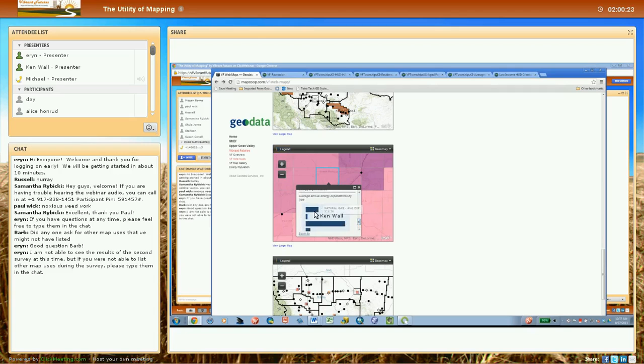Some of the maps at the bottom have a bar chart, some don't, depending on the nature of the data. That gives you an alternative way to view the information. In most cases, in this case, surprisingly, actually electricity is the highest. Usually it's fuel oil in this part of